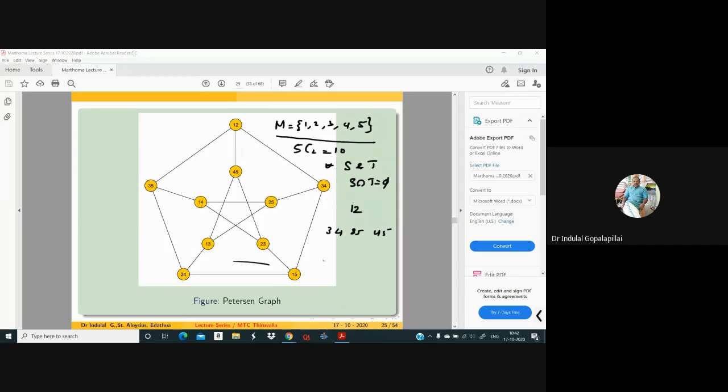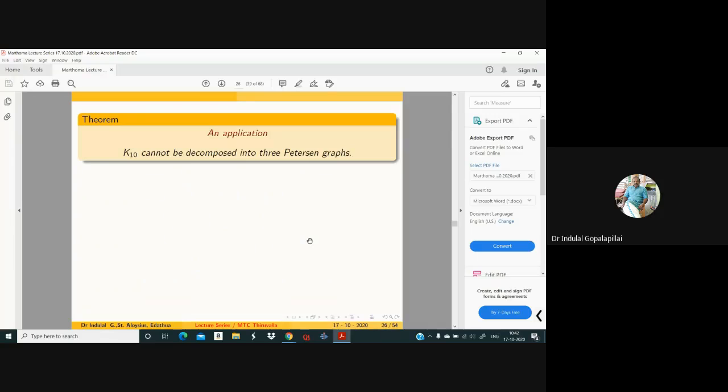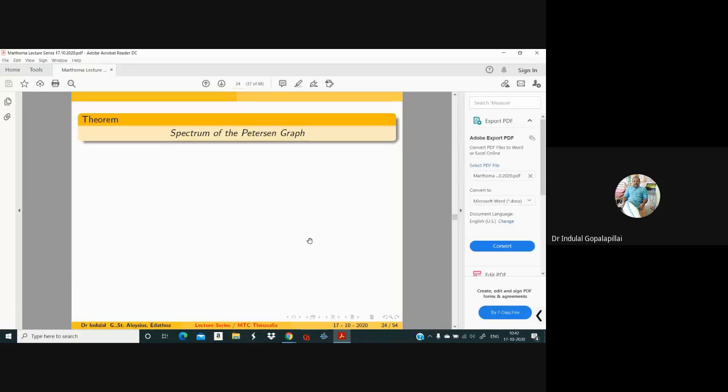Now, in the first class, we see that the ijth entry of A square is the total number of vi, vj walks of length 2. Now we are going to count the number of ST walks of length 2. So suppose S and T are adjacent. If S and T are adjacent, then the representation of S and T as two-element sets are disjoint.